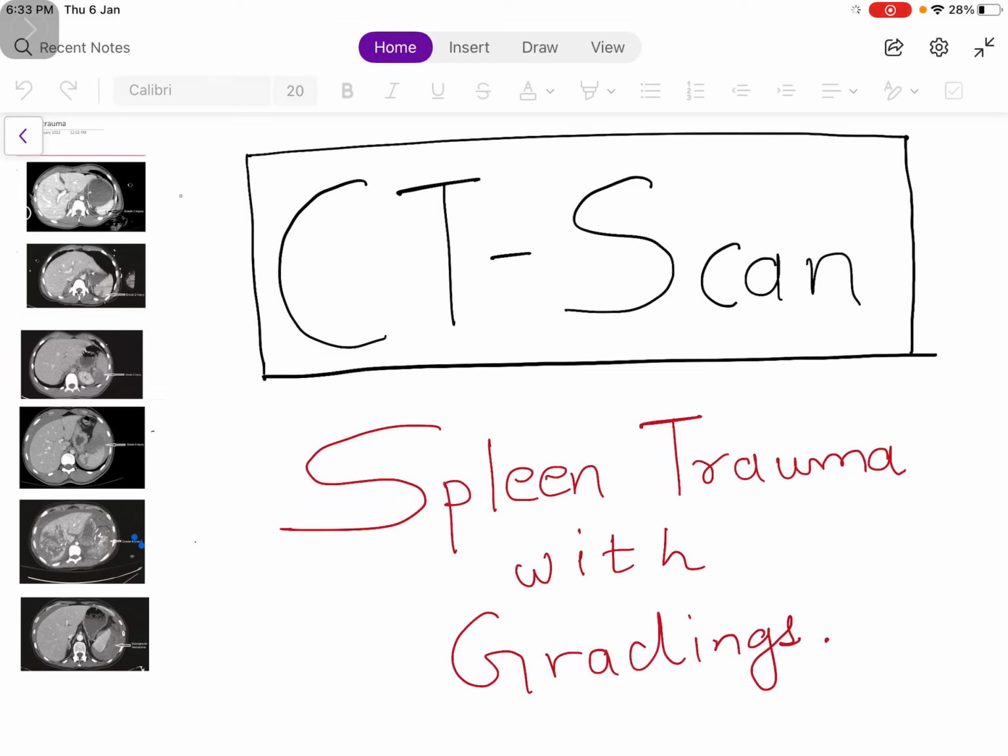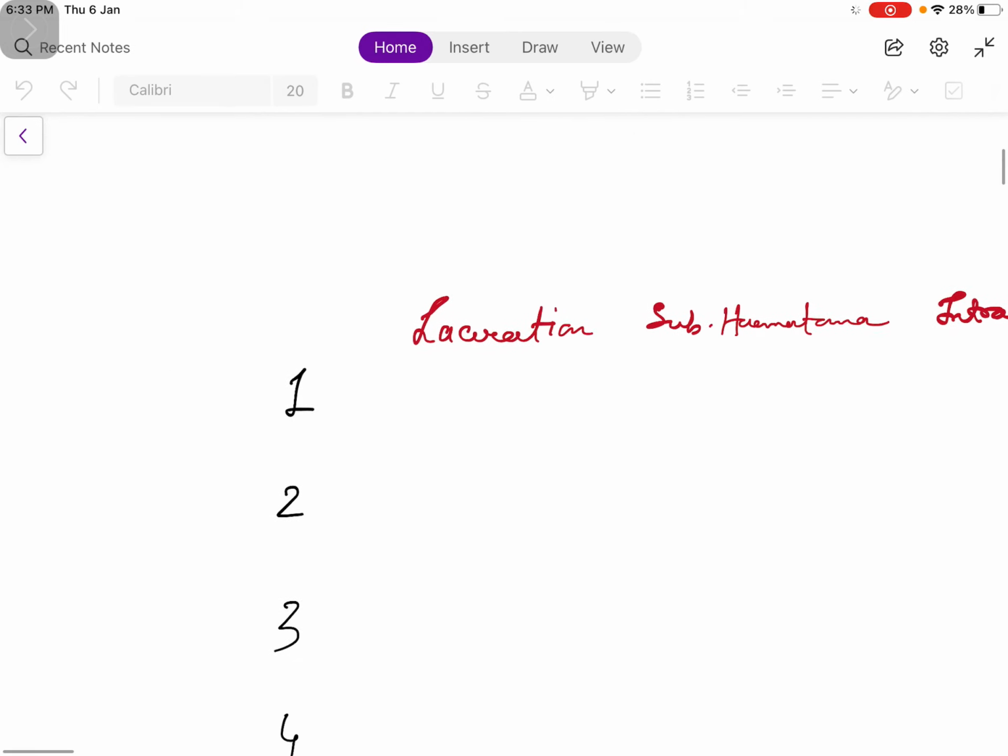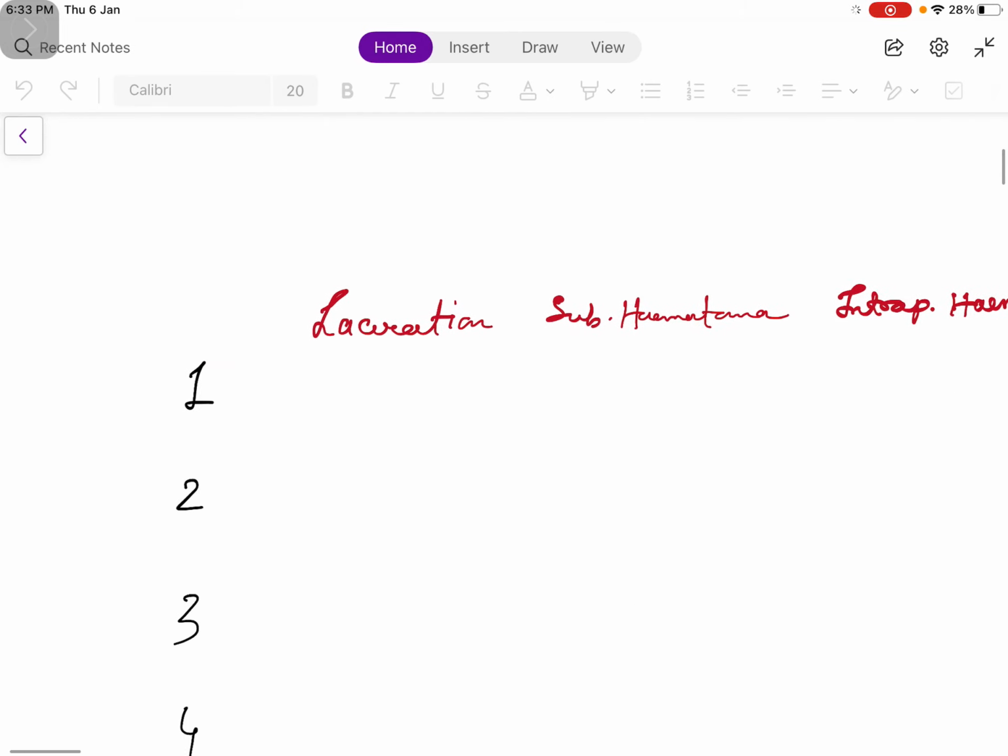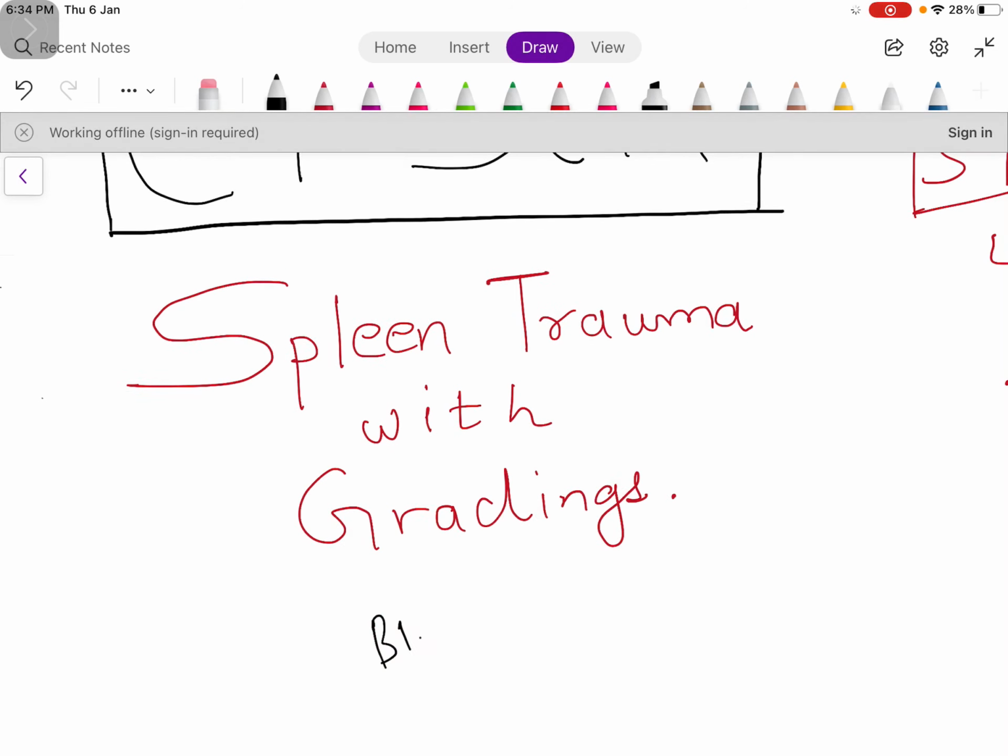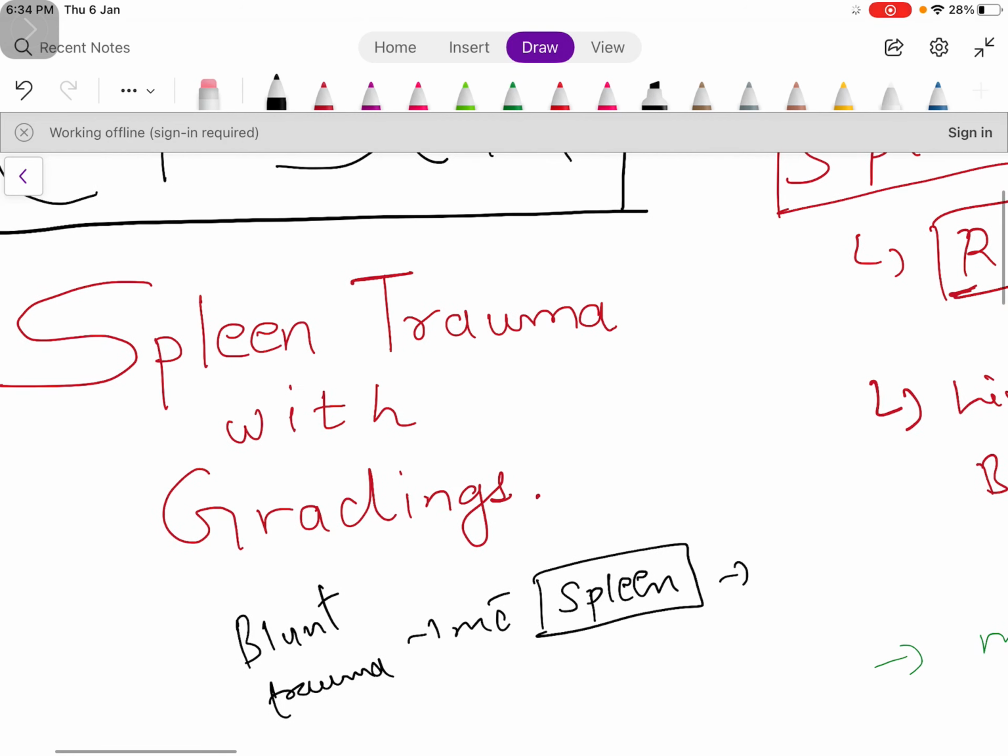Let's talk about the CT scan findings in spleen trauma, and we will also discuss the gradings of spleen injury. One thing you need to understand is that the spleen is the most common organ to be injured in blunt trauma, and the spleen is highly vascular. If there is an injury to the spleen, there is a chance of huge bleeding,